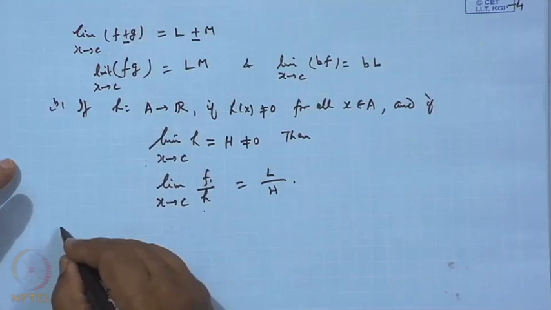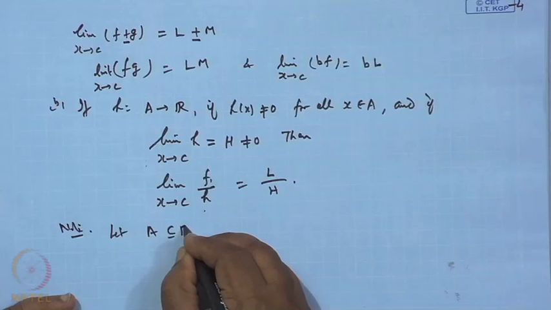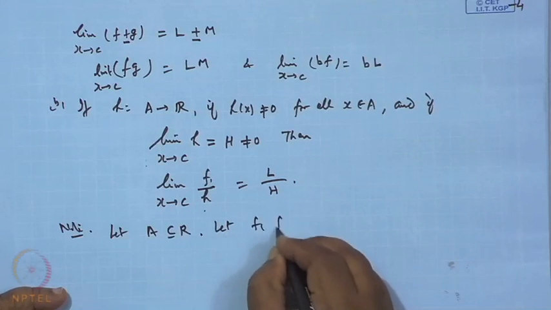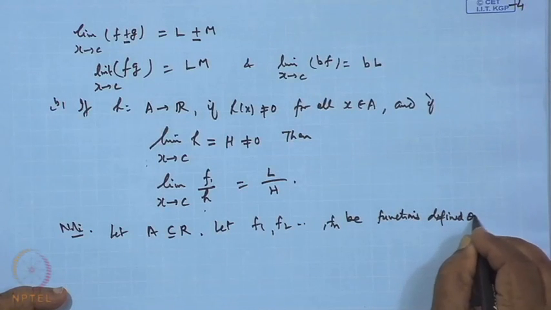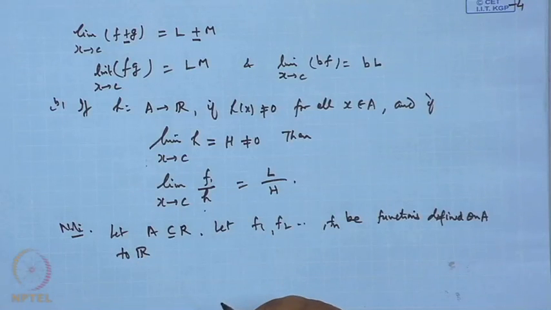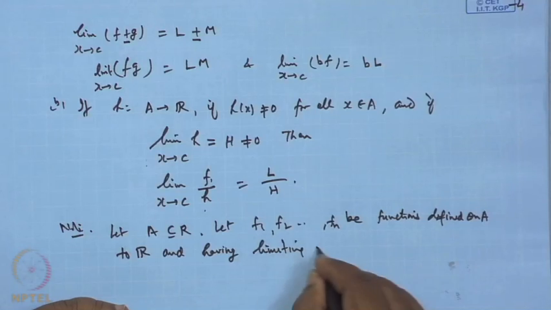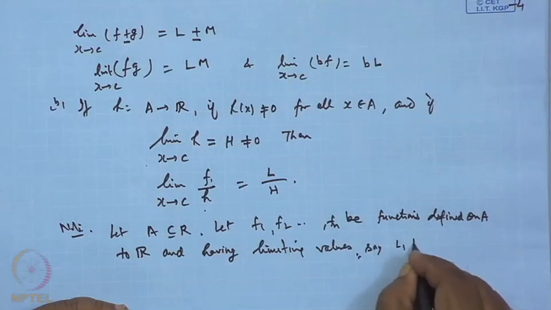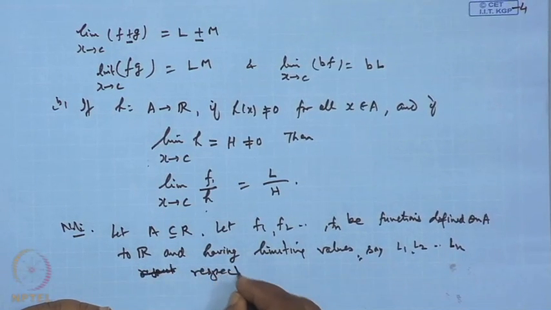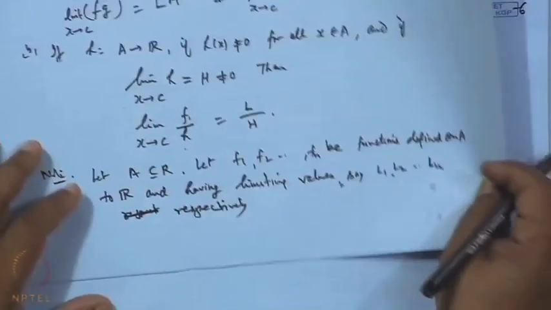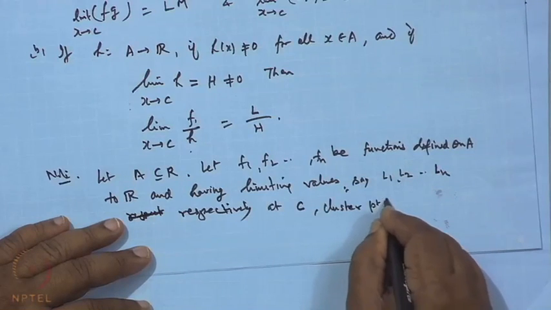Another note. Suppose there are these functions f1, f2, up to fn, defined on A to R, and let c be a cluster point of A, and having limiting values L1, L2, Ln respectively at the point c, which is a cluster point of A. Then